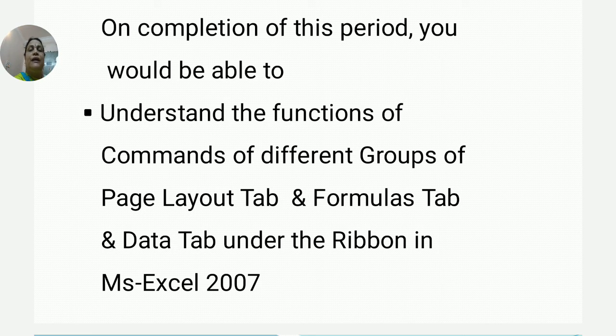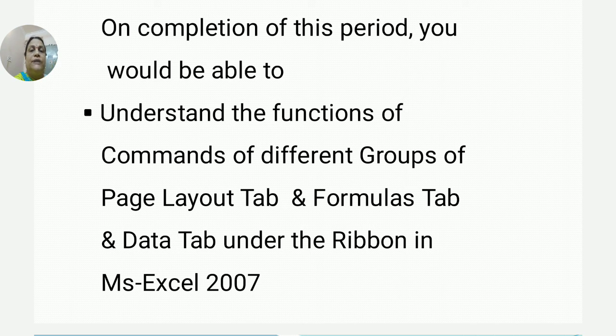In the second class, in continuation of the first class, we discussed that in the ribbon there are 7 different tabs in the Excel application. Under each tab we have groups. In the first class we saw the functions of each group, what the groups contain and what they are used for.